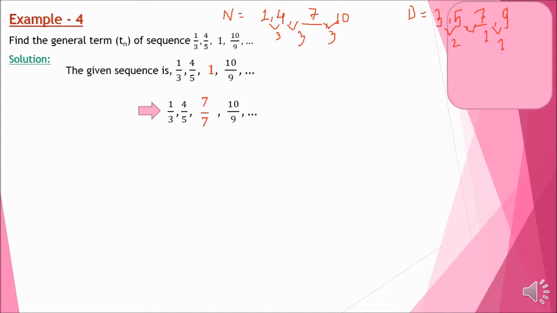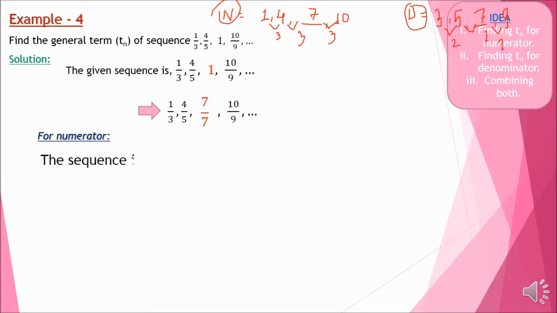What we are going to do, you can see the idea is finding Tn for the numerator. We have to find the Tn for the numerator, then we will find the Tn for the denominator also. This is the sequence for the numerator, and there is a sequence for the denominator also. Now if we use both the numerator and denominator sequences and find the general term, and if we combine them later on, then we can easily find our general term for the entire sequence, which is given in fraction. For the numerator,